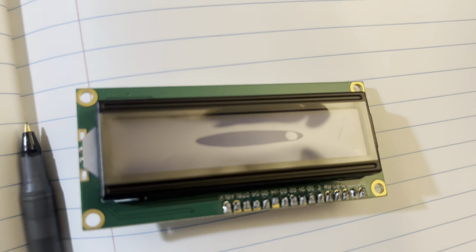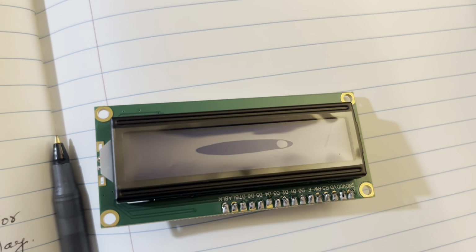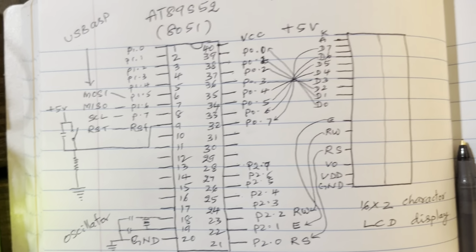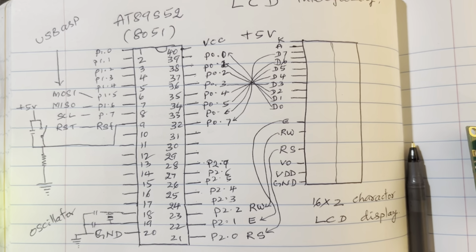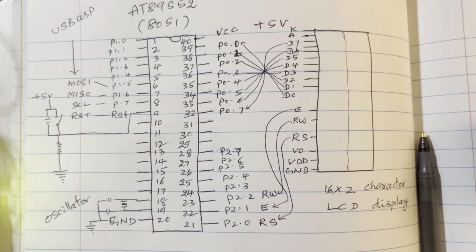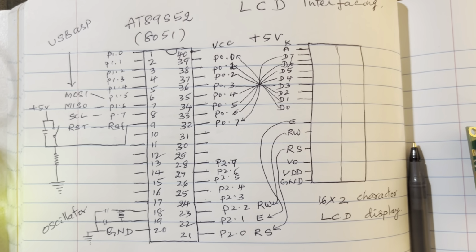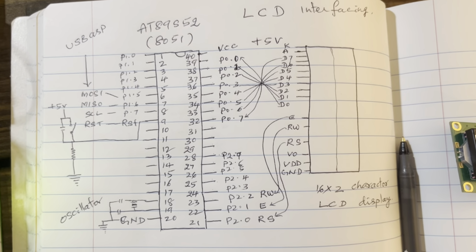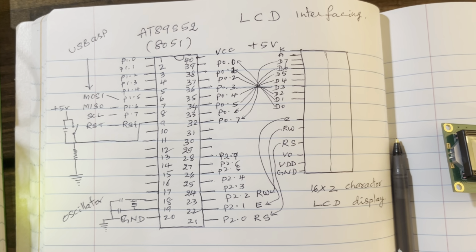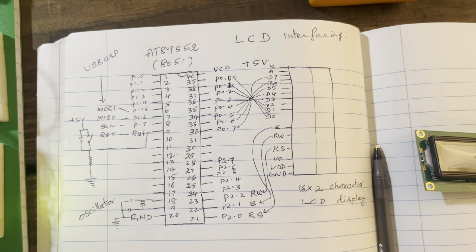This display has pins like this. I already showed you how to connect each pin. Like this you have to connect, but it is somewhat zigzag, but you can understand very easily. By this you can create or